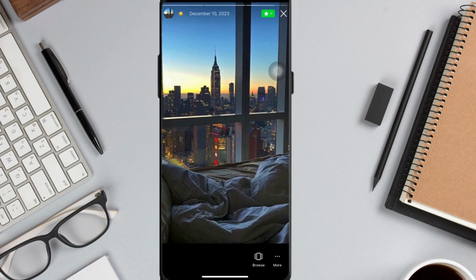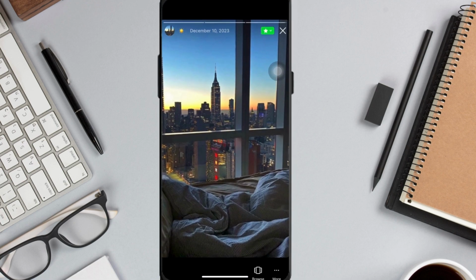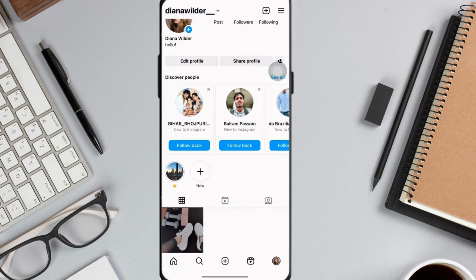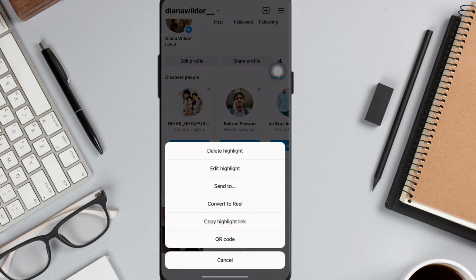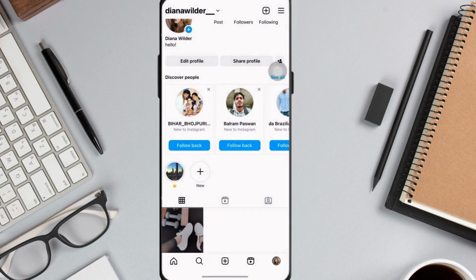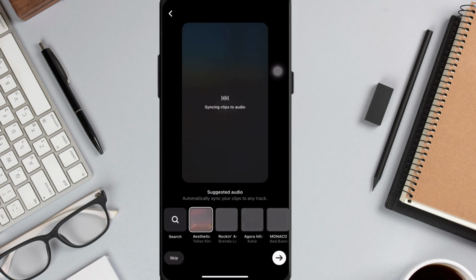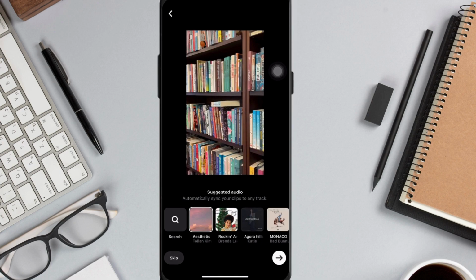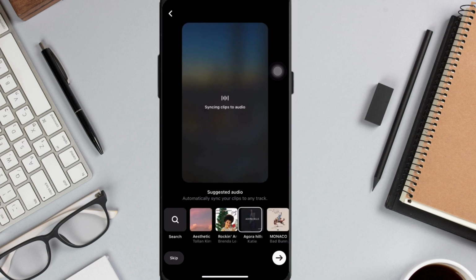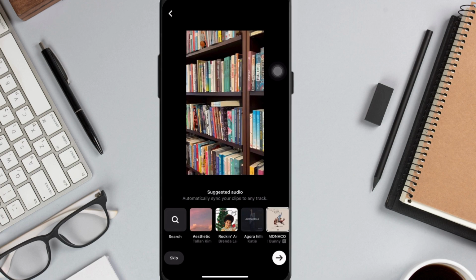And to convert this highlight into a reel, go back to your profile and long press that highlight and select convert to reel. Instagram will guide you to this page. Now you can choose a song for your reel. So as for me, I'm choosing